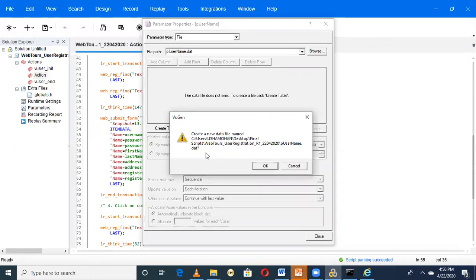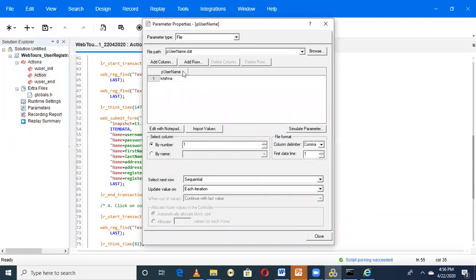After clicking on create table, it is going to ask whether we need to create a new data file. Click on OK, and it will create the new data file. I have given the username as Krishna, so it has automatically taken the username as Krishna here.